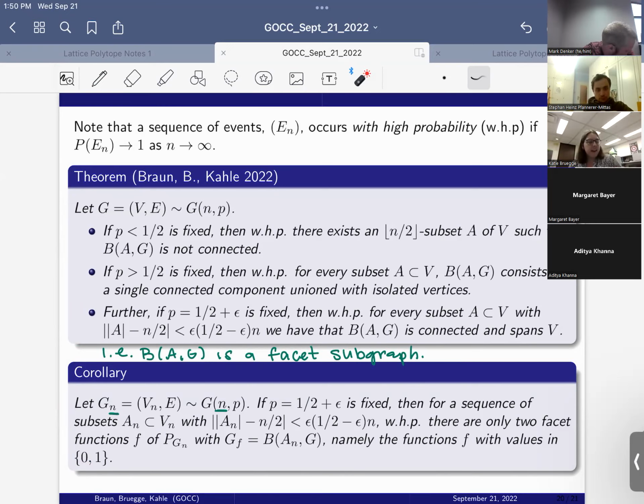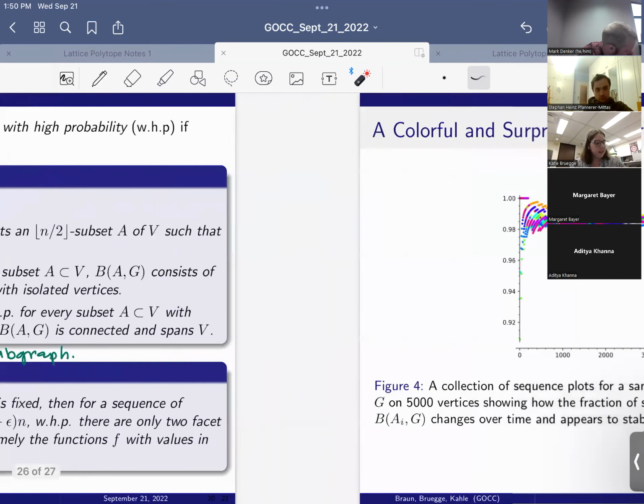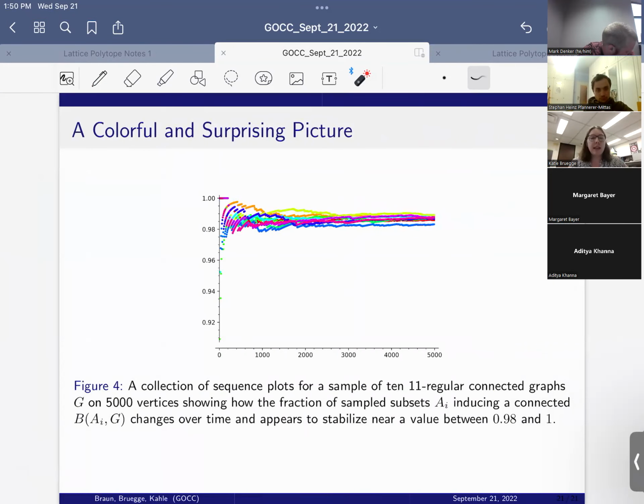As a final thing, something that we were further interested in was, what else can we say about these induced bipartite subgraphs? And we ran this experiment with some 11 regular graphs on 5,000 vertices, so very, very big and very, very sparse graphs, and just sampled some bipartitions of their vertices to see how many of them gave us connected graphs. So here, each of the colors represents a different 11 regular graph on 5,000 vertices, and we sampled 5,000 bipartitions